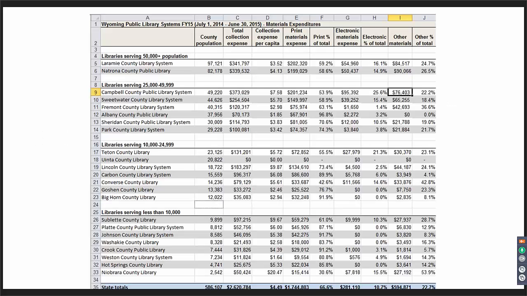You will want to isolate the data you want to use in order to tell your story. The Wyoming Public Library Survey has about 14 pages, as I said before, of data, and that can be a lot to go through. So let's say we want to tell the story of what a library spends on their materials. And this part of that 14 pages of data is one of the pages that has that